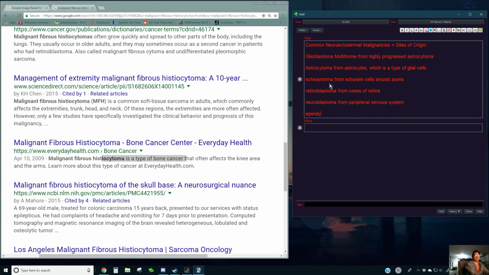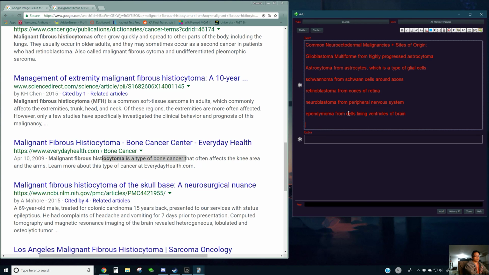Ependymoma. Oh, I got it. Ependymoma, but with an A. No, wait, it's with an E. I was right. Cool. Ependymoma from ventricles of the brain. Well, specifically, cells lining ventricles of the brain. But I got the gist of it. Okay, and the next one is